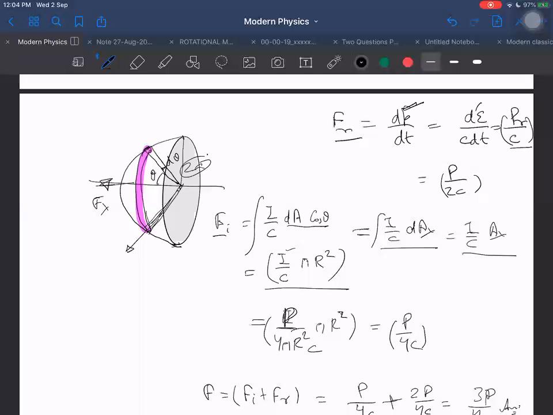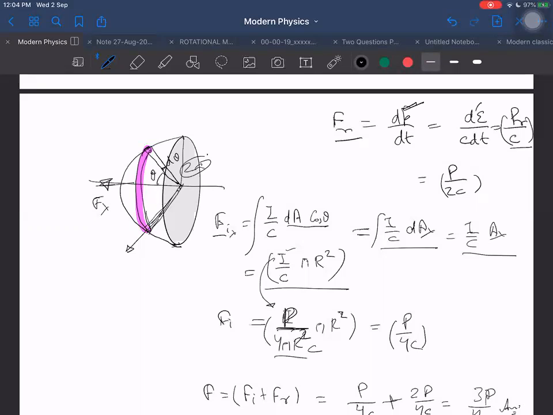Then I will write it in terms of solid angle. Answer I can still obtain, I think so. But anyway, converting into hemisphere was advantageous. That intensity quickly I can write as P upon 4 pi r square, and pi r square will be multiplied. So what is the force along x-axis because of the incident rays?